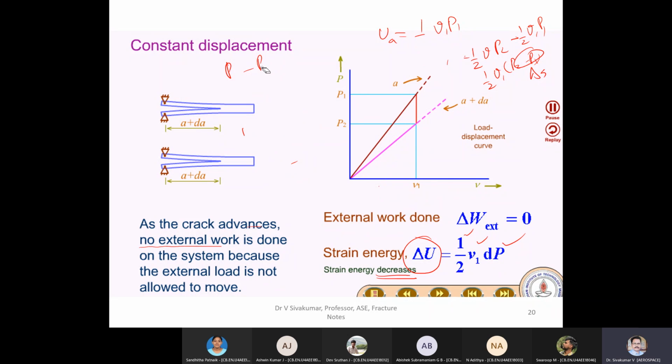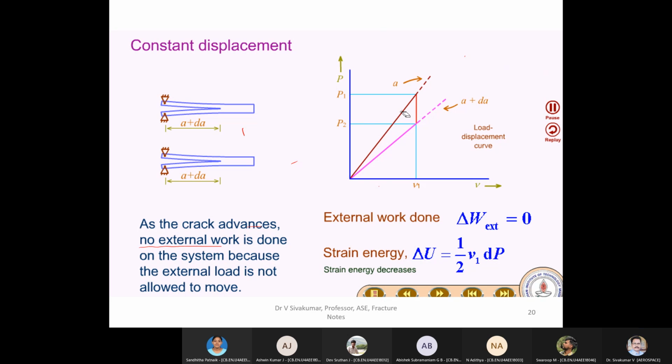Same experimental setup only. When you go through a constant load, you will get positive strain energy. When you look at constant displacement, negative strain energy. Agreeing with me? Yes, sir. Because the diagram says like this, no? Yes, sir. Because this is bigger. Initial is bigger, final is smaller. See here, negative. Here decrement. Okay, energy is decreasing.